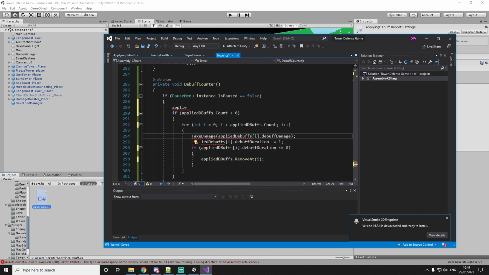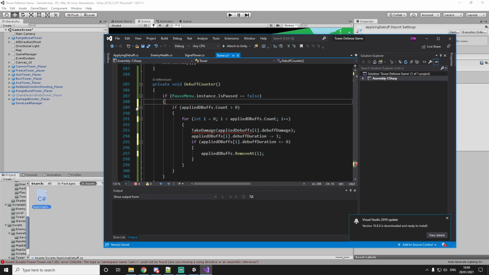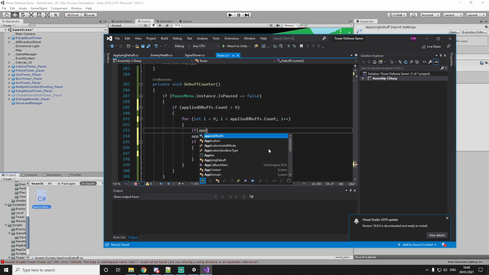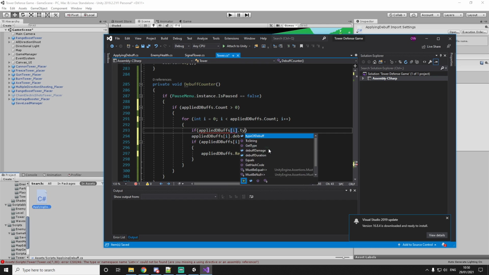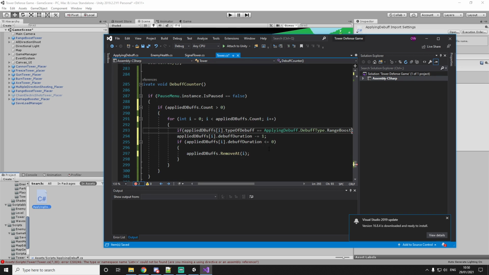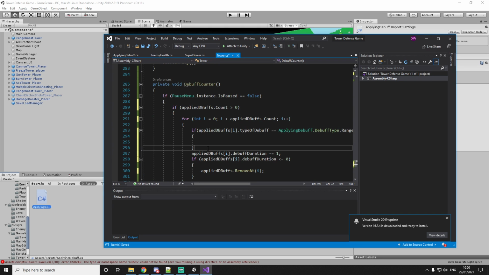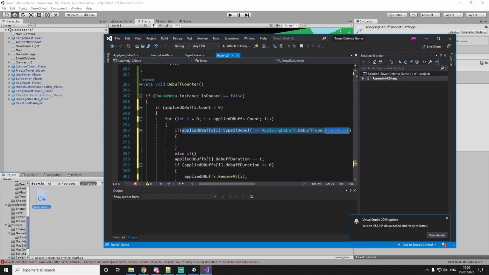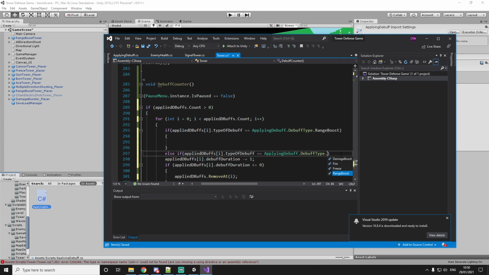And then instead of take damage, we will run what it actually has to do. So that will, of course, then remove from the duration. We will not run take damage. We will actually run whatever has to be run based on our debuff. So applied debuffs dot I dot type of debuff. So if it's a range buff, we will, and then else if it's the other buff dot damage buff,